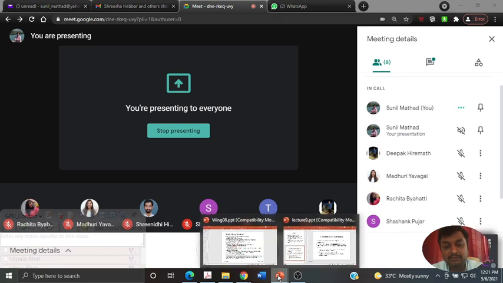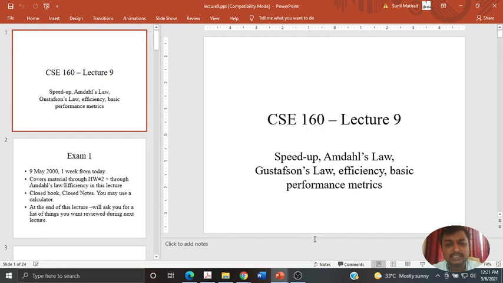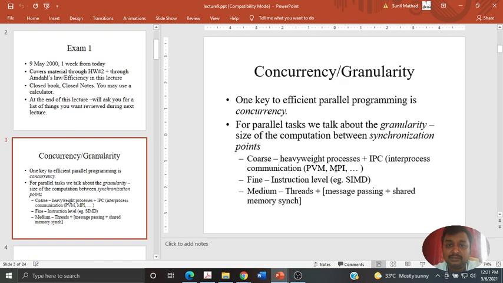Whenever you are doing that, even though I'm not inferring directly from your textbook as such, what you are doing is basically discussing the two laws of computer architecture. One is Amdahl's law and the other is Christopher's law, as I stated even in the previous lectures. What is happening is concurrency and granularity. What is meant by concurrency? Concurrency is whatever piece of code that can run parallelly or concurrently.